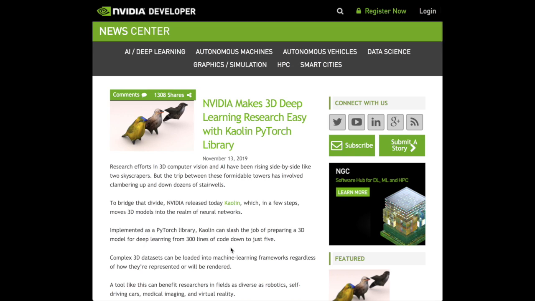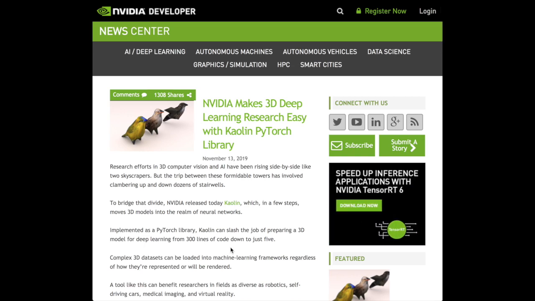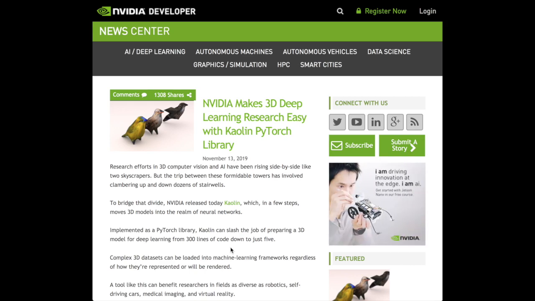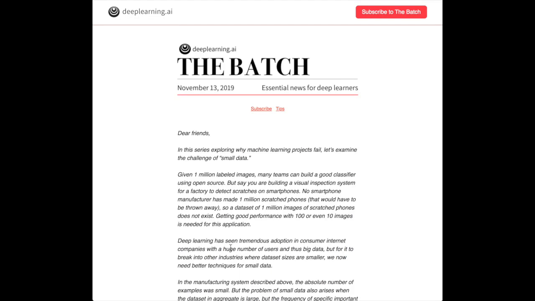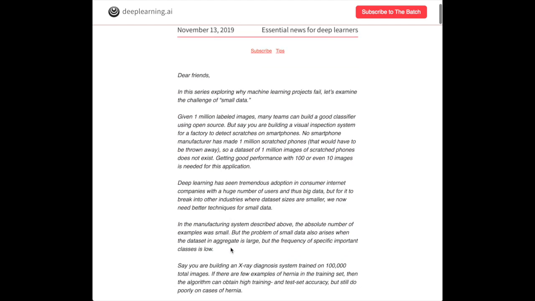library that is facilitating 3D deep learning research, a PyTorch library that makes it easier to load these different kinds of things like voxels, point clouds, or meshes to do 3D deep learning and 3D computer vision. Then from The Batch, we'll look at all these different articles that they've presented and a note on doing machine